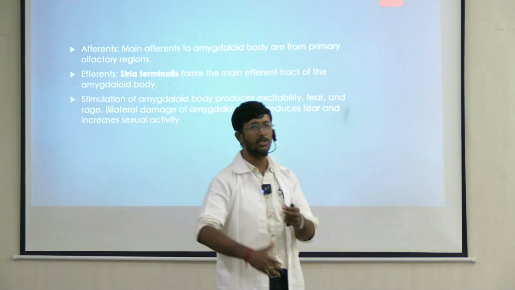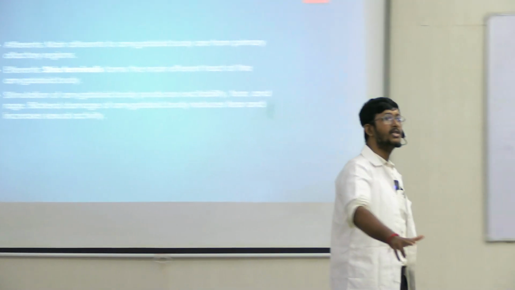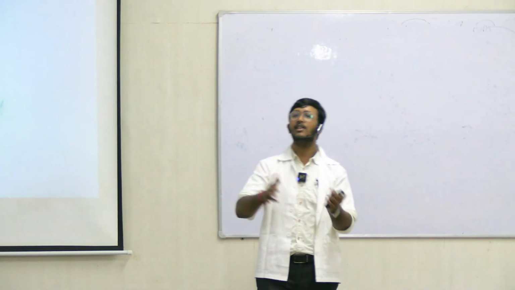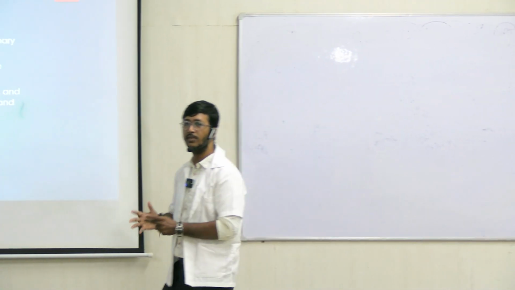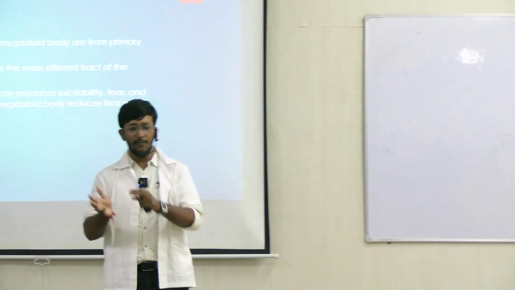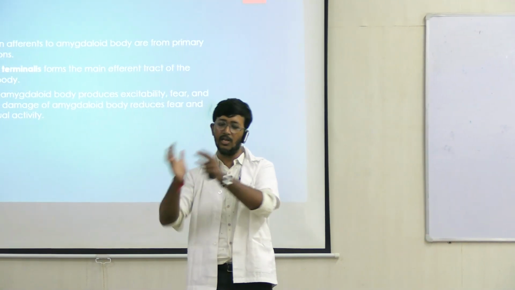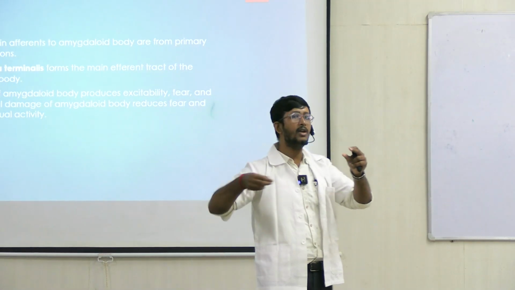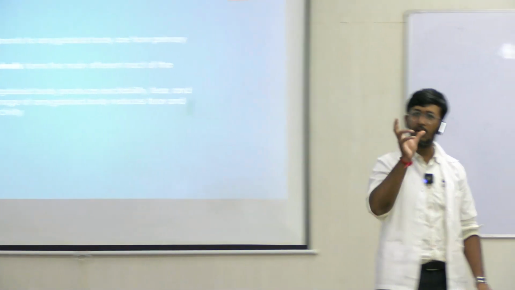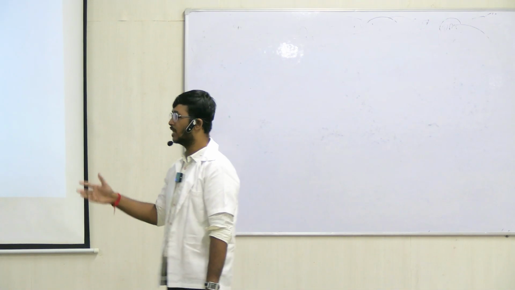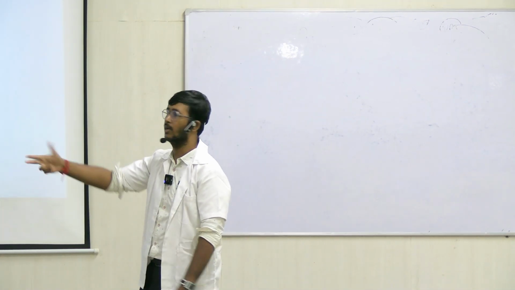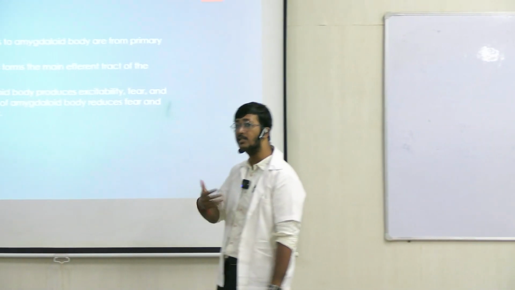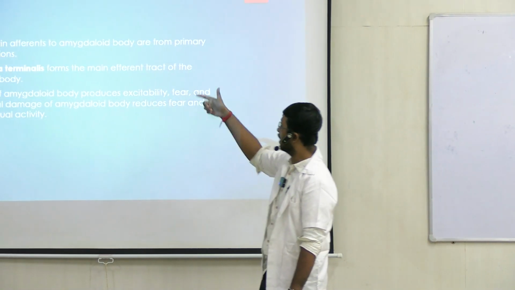Afferent is any information going to our brain. Efferent means any information coming from our brain. Afferent arteriole is present in our kidney. Have you studied in physiology? Renal blood flow. So afferent arteriole, that is the blood coming to the glomerulus. Efferent arteriole, that is the blood going away from the glomerulus. So afferent means anything coming towards, efferent means going away. So here also the olfactory function, that is the sensation of olfaction, is the afferent, and the efferent is your